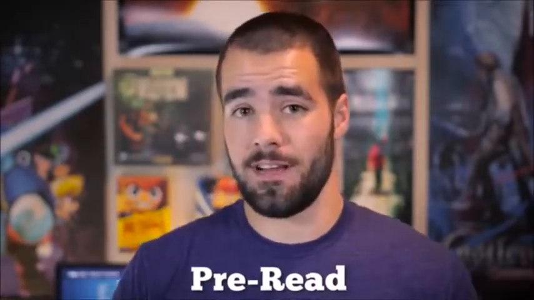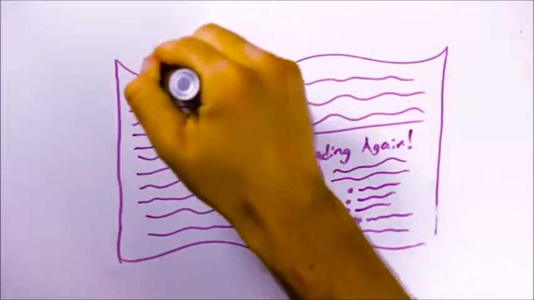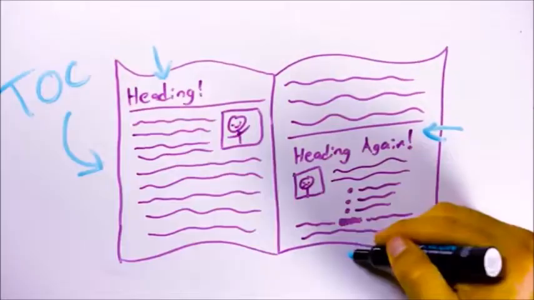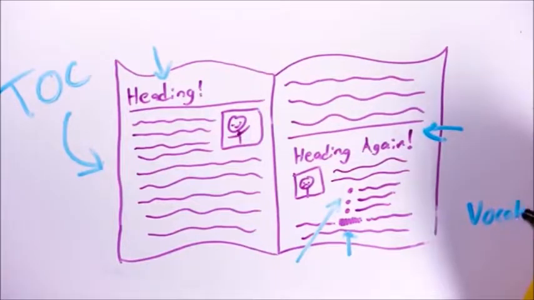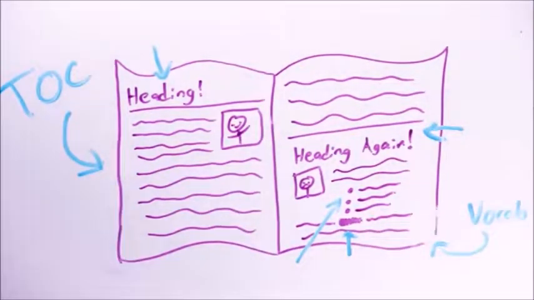Okay, so third method, and this applies mainly to textbook readings or readings where you already know the specific type of information you want to pull out of it, or at least have a general idea, and it is to pre-read before you start actually reading. By pre-reading, I mean going through the chapter headings, the table of contents, looking at bold and formatted text throughout the chapter, and going to the end of the chapter and looking at the vocabulary terms and the review questions. By doing these things beforehand, you're essentially priming your brain to notice the most important information when you're reading,